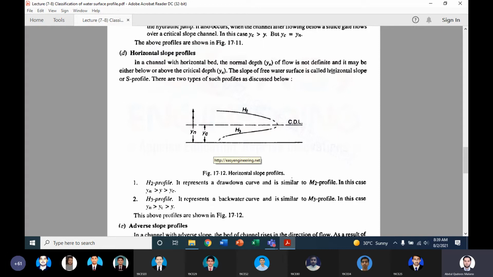ठीक है, क्योंकि फ्लो वहाँ पे क्या था, with the higher depth it was, and that was the subcritical flow having less velocity. फिर स्टीप वाले केस में वो supercritical flow हो गया with the high velocity and very less depth. ठीक है, so those were definite. Even at the critical stage that was definite, that means the depth of the flow is going to be average. It means in between the high depth and low depth, that is the critical depth जो average में आती है. So the flow was having the average depth in case of the critical slope. But now this is very difficult in the case of the horizontal slope. अब horizontal slope में we have nothing to judge कि अब नॉर्मल डेप्थ इसकी क्या होगी.